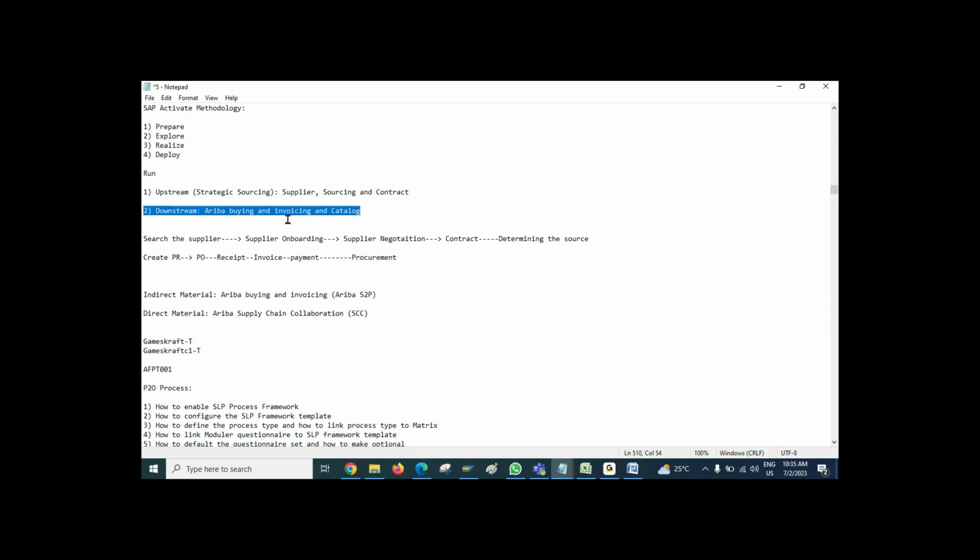In business language, you can say P2P solution, or Ariba buying and invoicing solution as well. Apart from that, we have the catalog solution also, but the catalog solution comes as part of the Ariba buying and invoicing solution. So this is the overall set of solutions Ariba is offering to the customer.